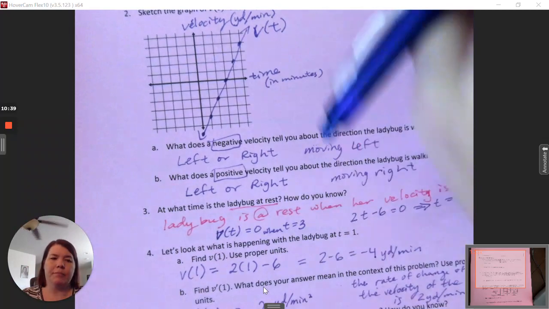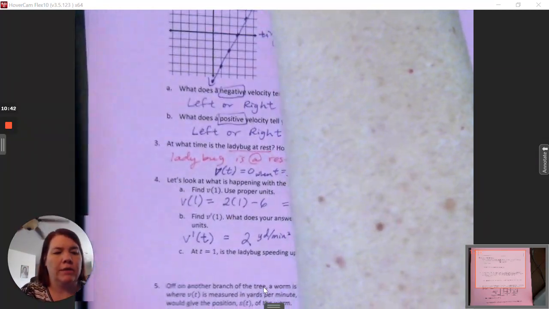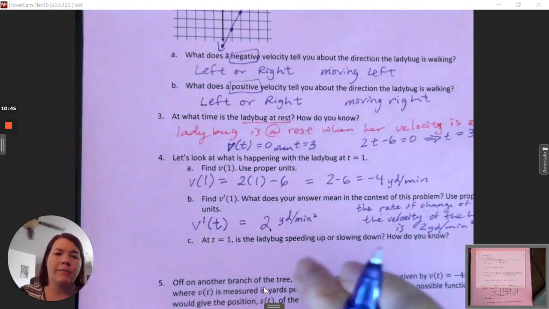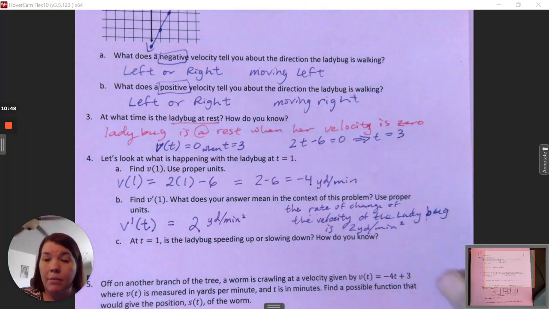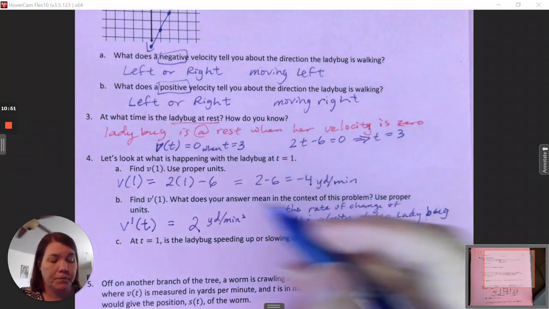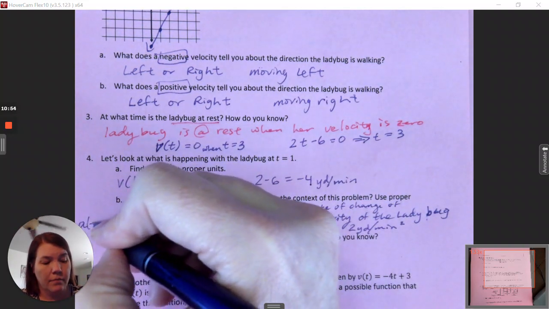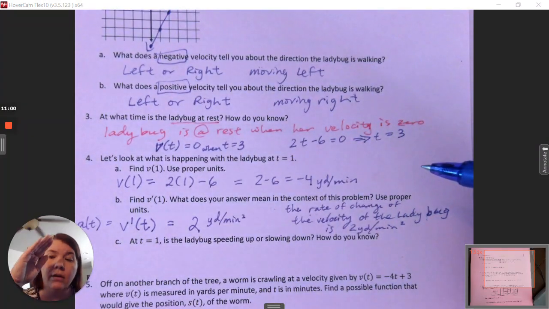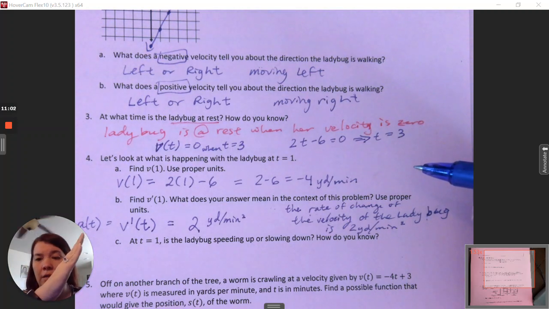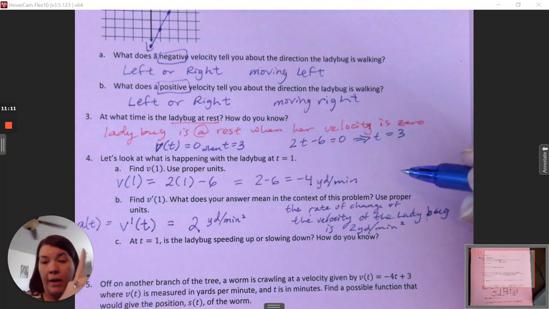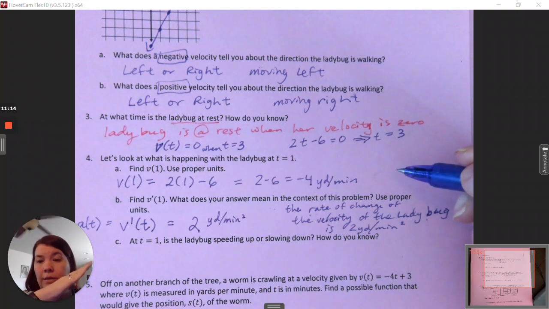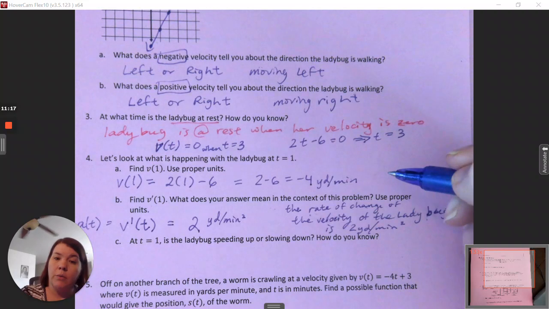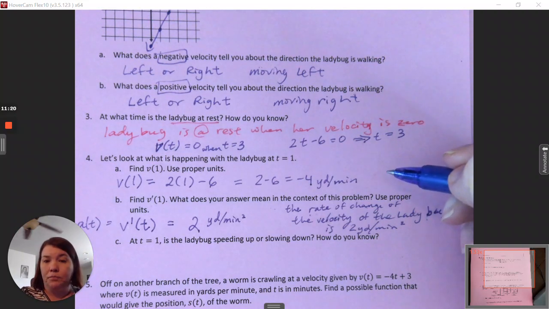So if you think about that, just generally that whole phrase, rate of change of the velocity, the rate of change of the velocity is constant, but it is also equal to the acceleration. Okay, it's constant, which means that since the rate of change of velocity is constant while he's speeding up or slowing down or going negative or positive, moving left or right, the acceleration is constant. So he's not speeding up or slowing down. It's actually,